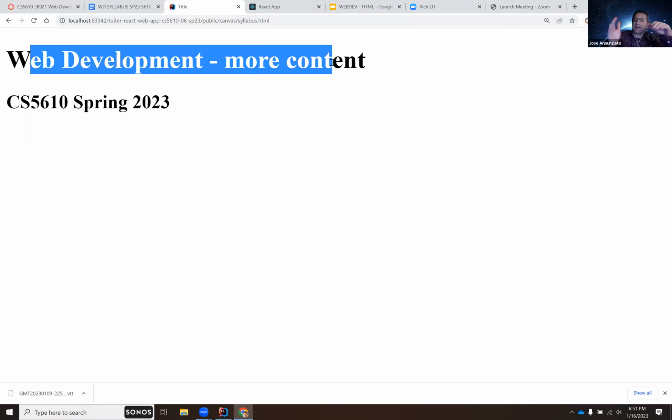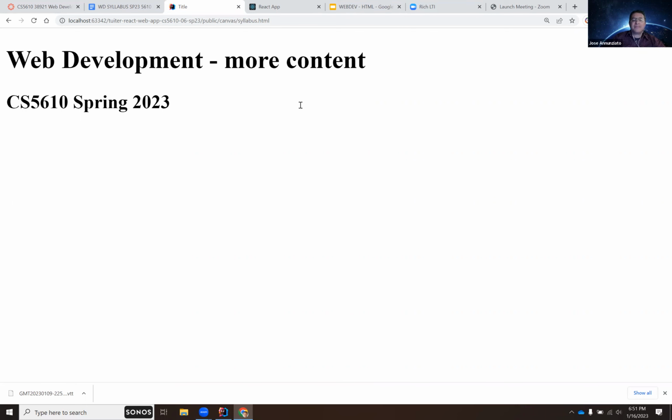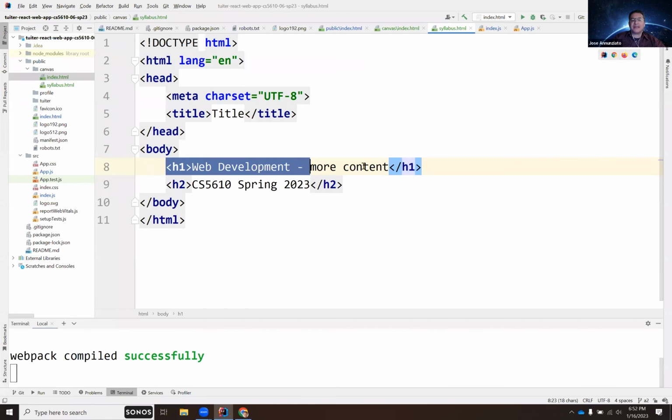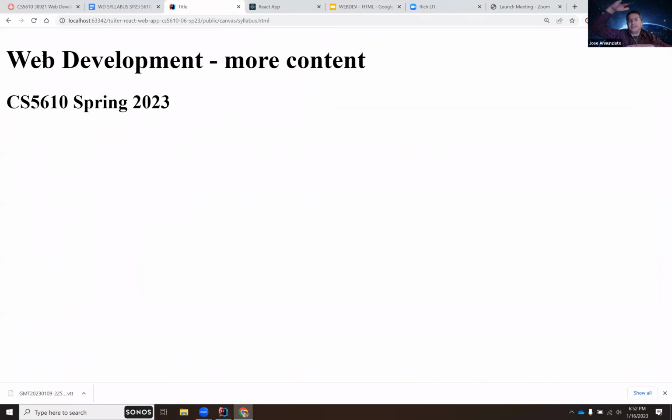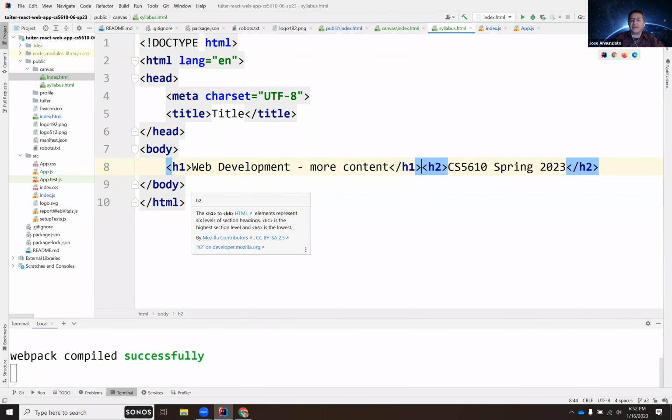Rendering from left to right, from top to bottom, and then wrapping when there's no more space, that behavior is called rendering content inline. Instead, because we wrap the content in H1 and H2, it broke the content vertically. Notice that CS5610, even if I put it in the same line,